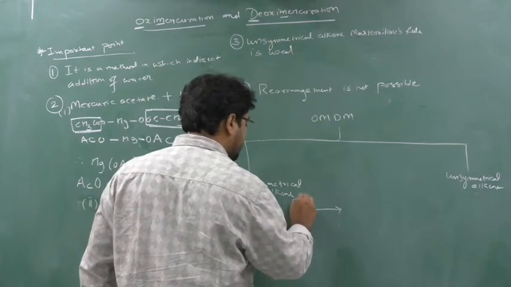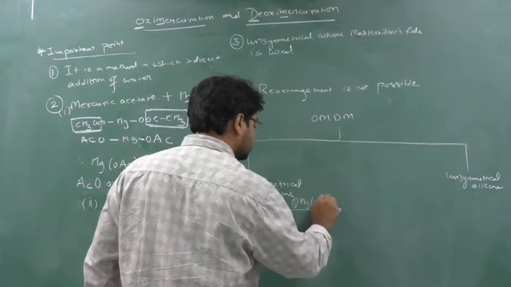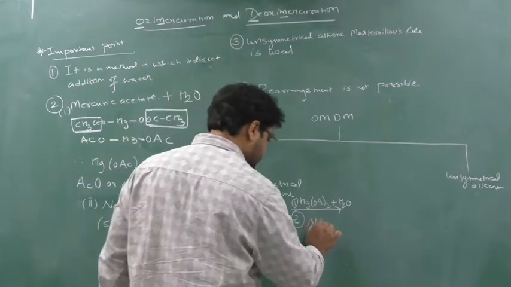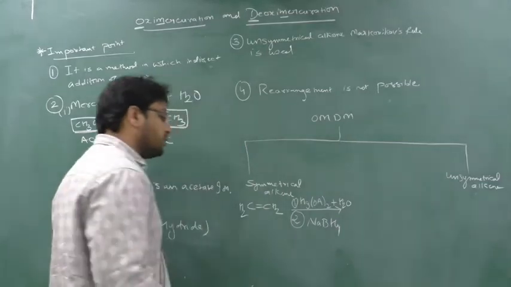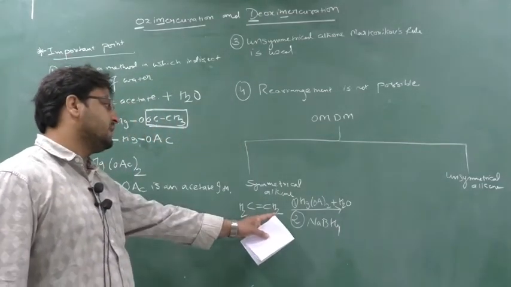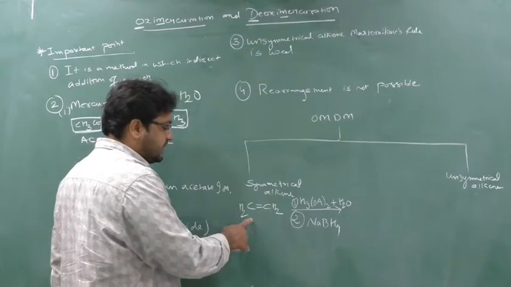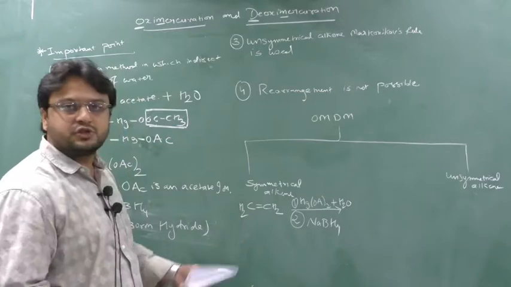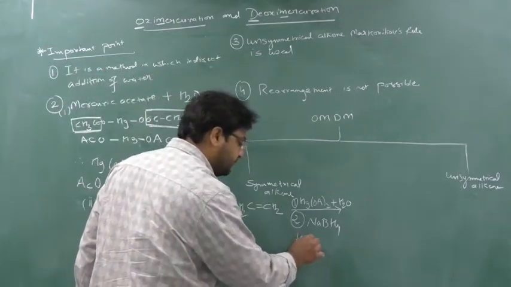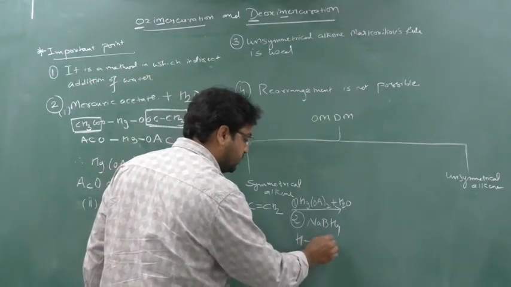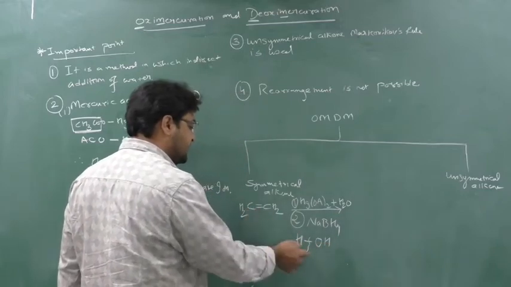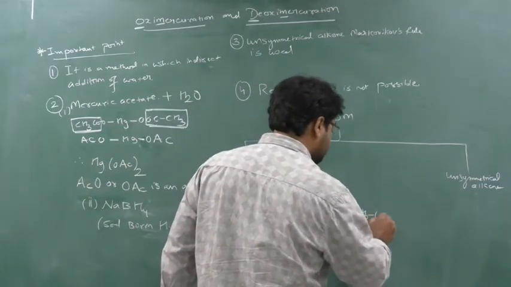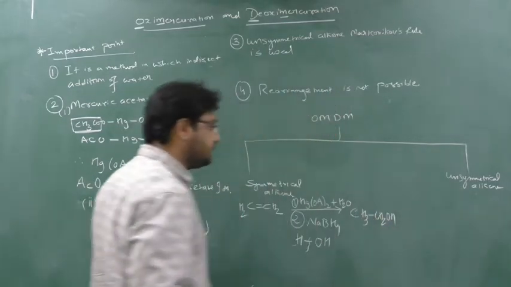In the first step it will be written mercuric acetate plus water, and in the second step sodium borohydride. So just close your eyes and put H at one place and OH at the other place. Either you can put H here and OH here, or OH here and H here. In a symmetrical alkene there is not an issue. Last class we have seen that H2O is written as H and OH, and this will be cleaved. So this H will come here and OH will come here, or OH here and H here. So what will be the answer? CH3CH2OH. This will be your answer.